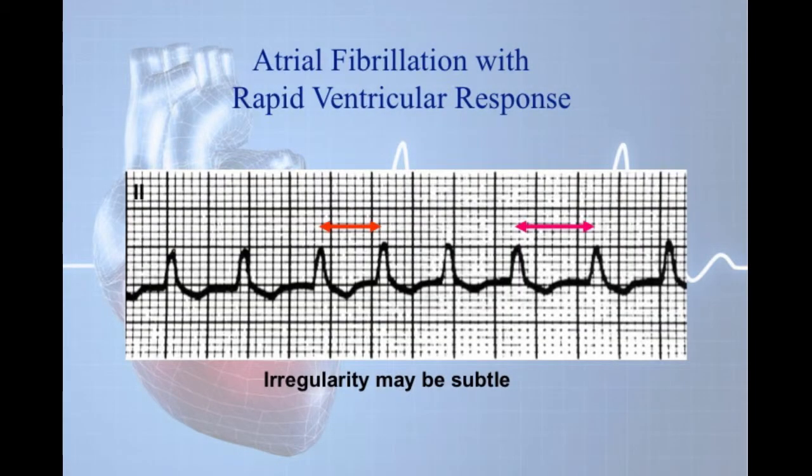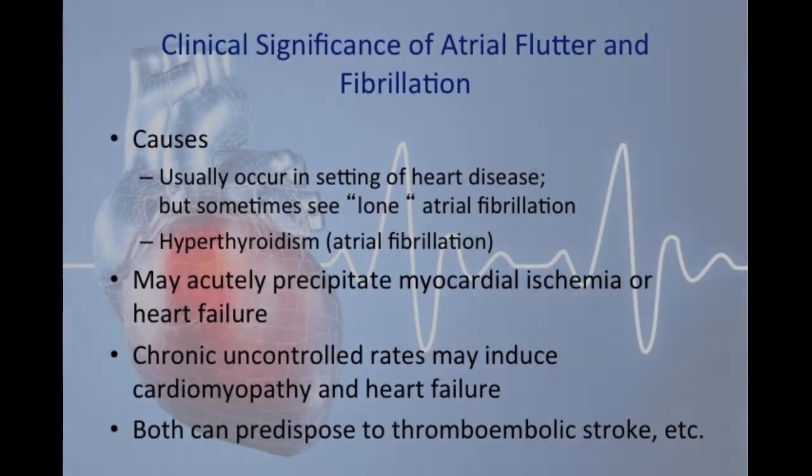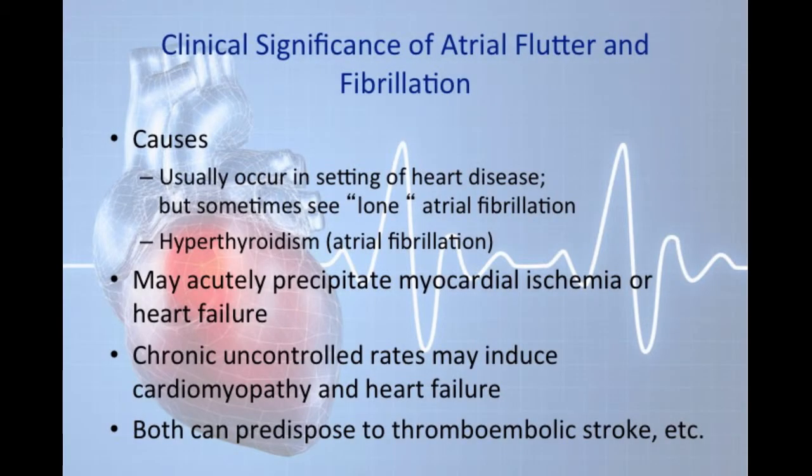Atrial fibrillation with rapid ventricular response, also called AFib with RVR, can be very subtle, and usually the heart rate is anywhere from 150 to 200 beats per minute. Another assessment tool that you have is doing a thorough patient assessment. It is very clinically significant to find new onsets of cardiac dysrhythmias like AFib and flutter, because